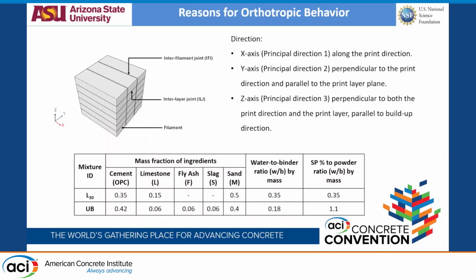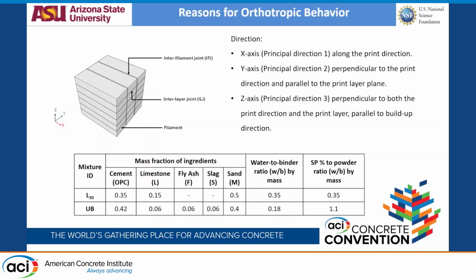But again, as an assumption, do you assume the extruded filament to be isotropic? In our work, we have assumed that, because you are extruding a concrete, you most probably would have similar properties in all three directions. And we are calibrating the inter-filament, interlayer joints, the interfaces between the filaments. That's what gives you the orthotropic nature when there are no fibers. When there are fibers, that's a different story. I'll have one or two slides that will show you how we can model when fibers are incorporated